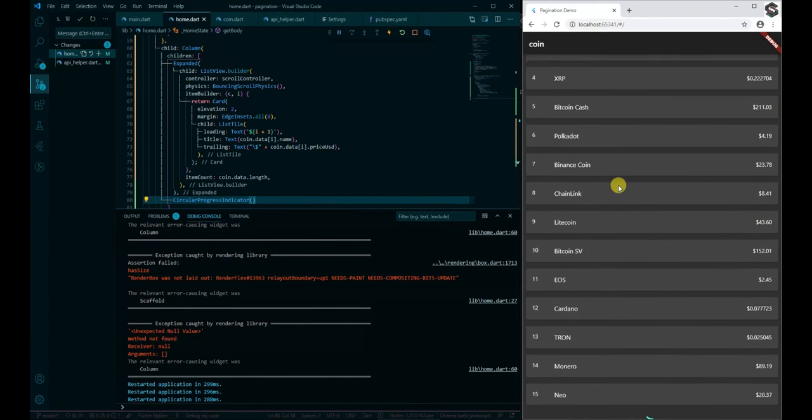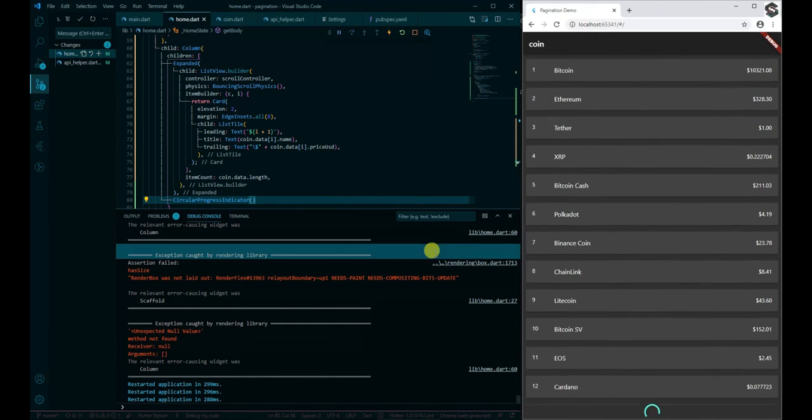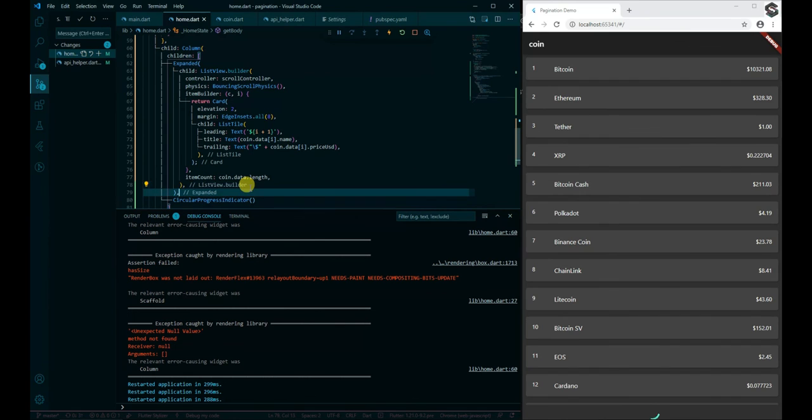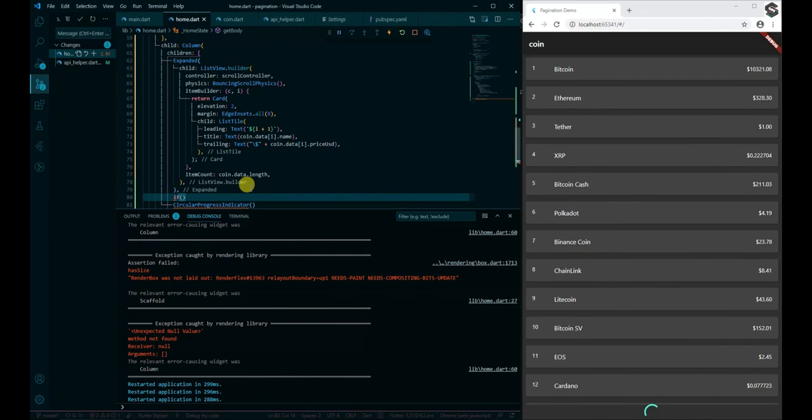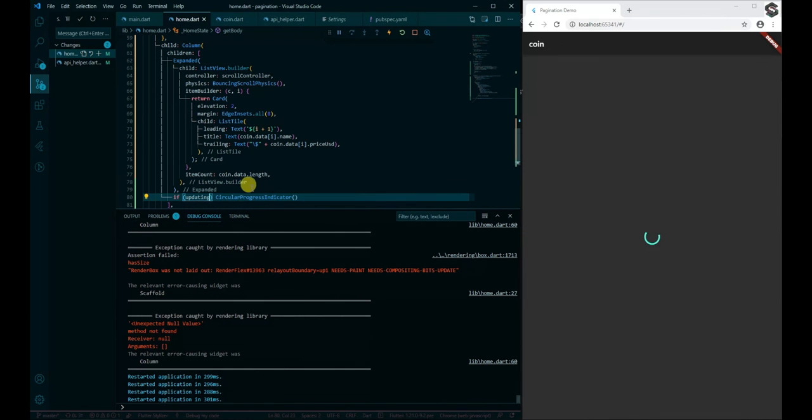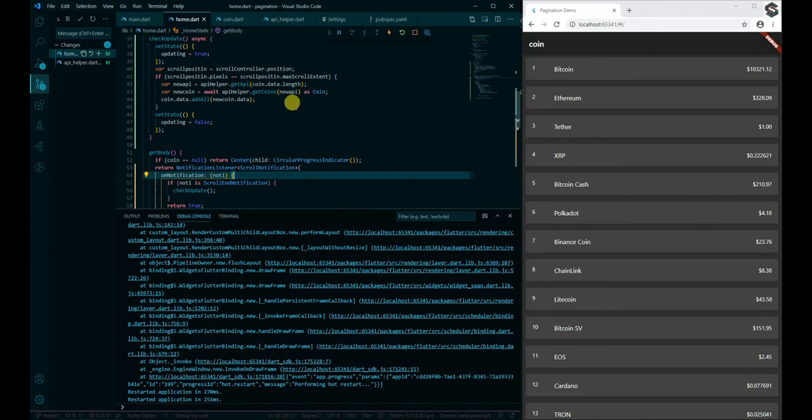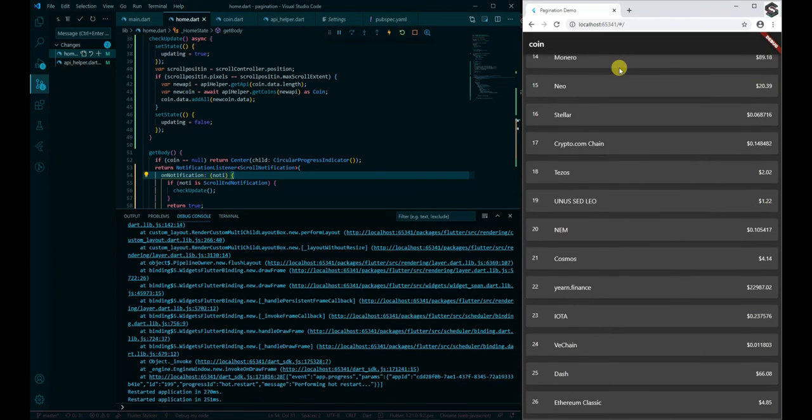That is updating. If it is updating, only then will we show the circular progress indicator. After we write the logic of the UI, now we can see that it's complete.